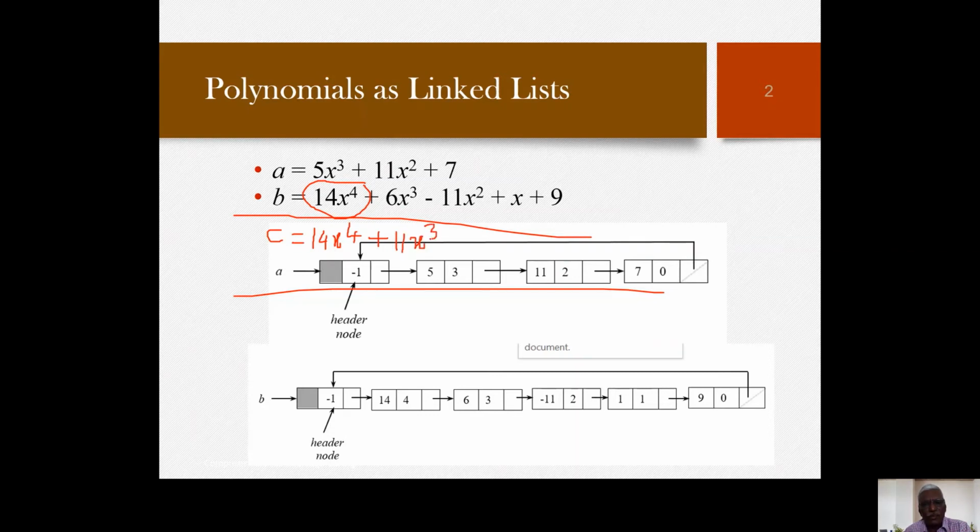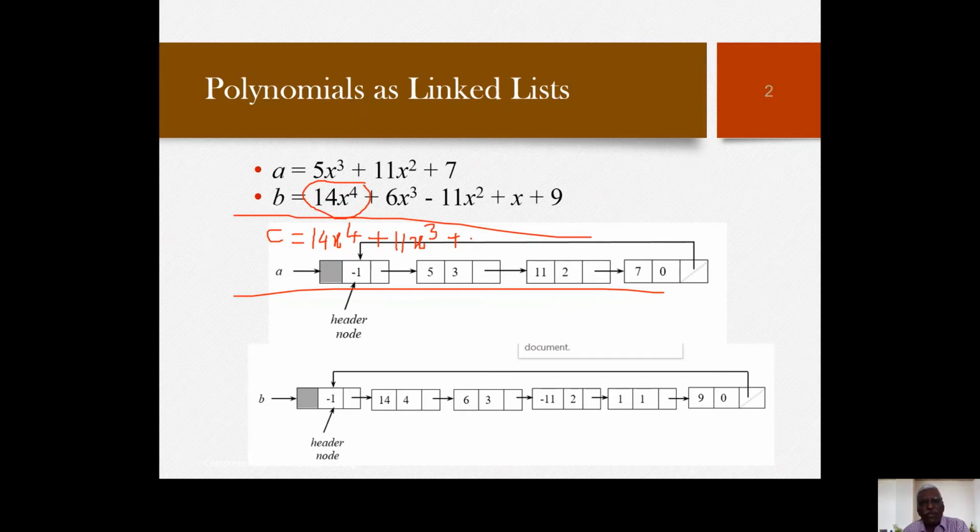11x cube, plus x square again I have, but now you can see here that plus 11 and minus 11, so it's 0x power 2. So whenever my addition becomes 0, I will not add the term. So I can just use an if statement in order to avoid adding a new term wherein the coefficient addition